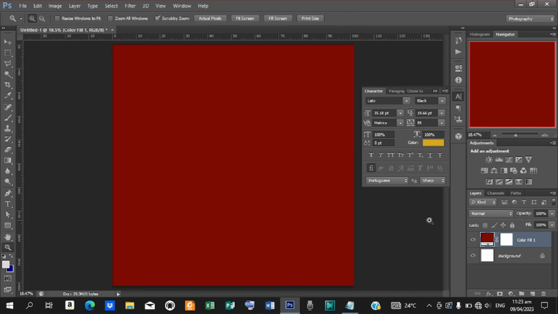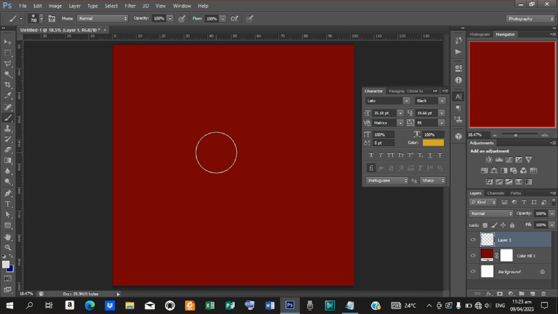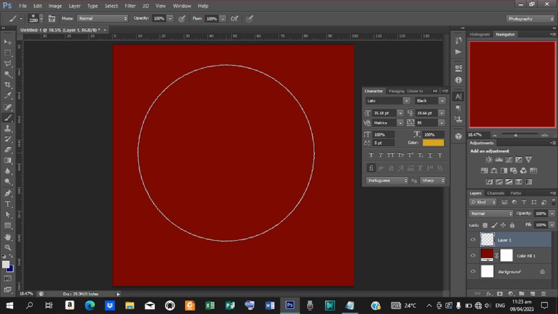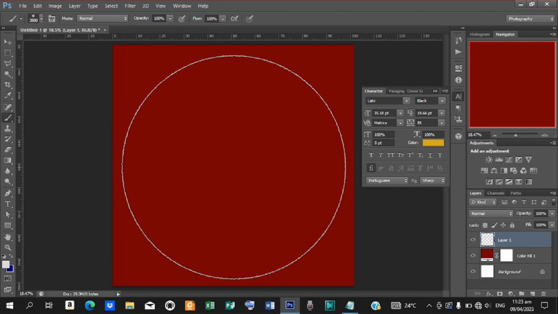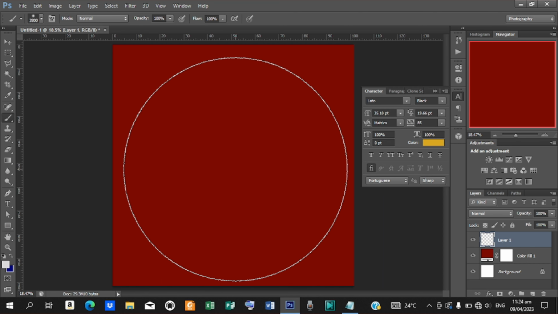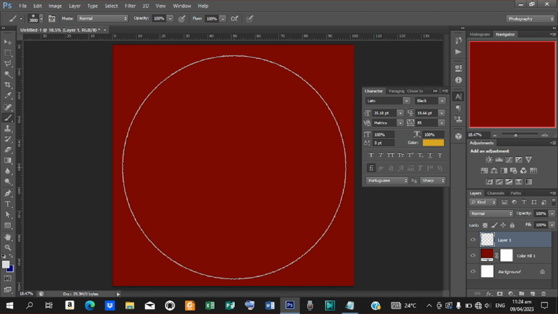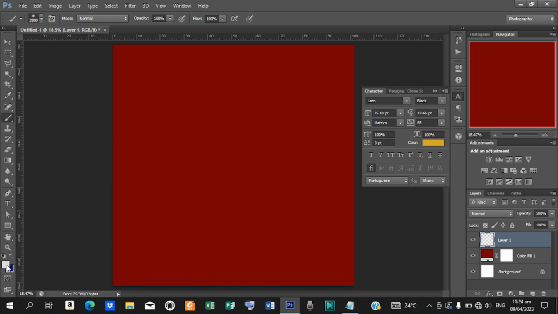Alright, so the next thing I'm going to do at this point is create a new layer on top of this, pick my brush tool and then open my brush to a preferred size like this. Okay, so I'll open it to something like this. Alright, so what I'll do next is ensure that my background color over here is set to a preferred color, so I will exchange it to this,